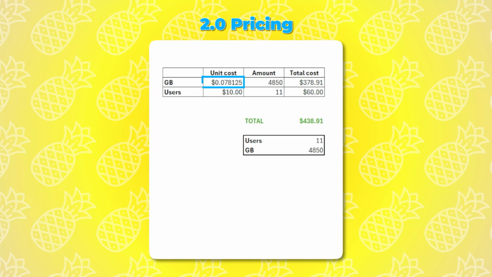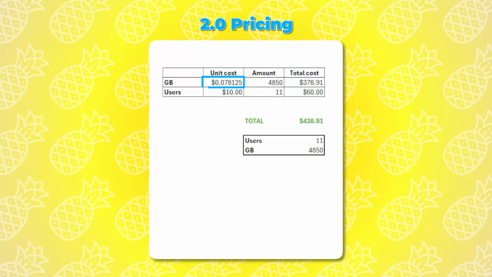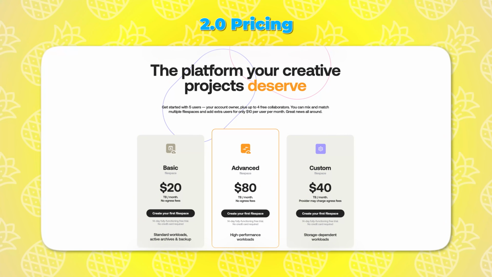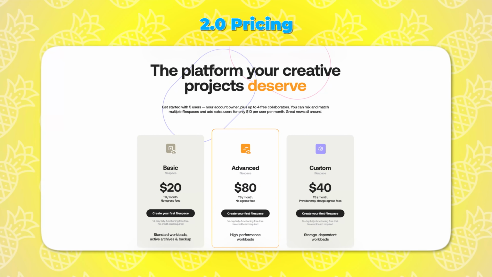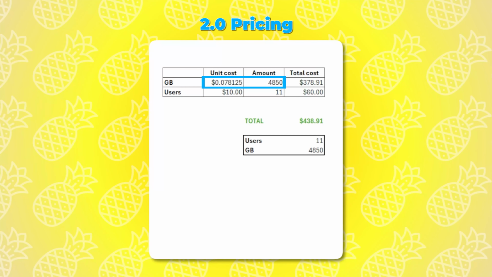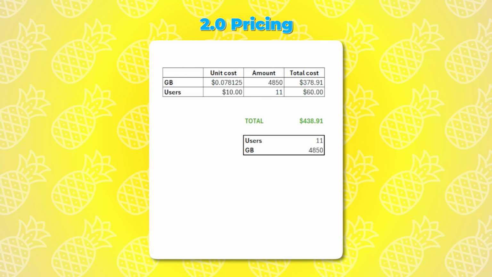The unit cost per gigabyte is the number here. This is taken directly from the invoice of this file space. Although it's advertised at $80 per terabyte, that doesn't actually translate nicely to a round number when you bring it down to the gigabytes. There are different ways to count terabytes. I won't go over that in this video, but if you're wondering why it's not a nice clean number like 0.08 cents, that's why. So multiplying the unit cost of gigabytes by 4,850, we get